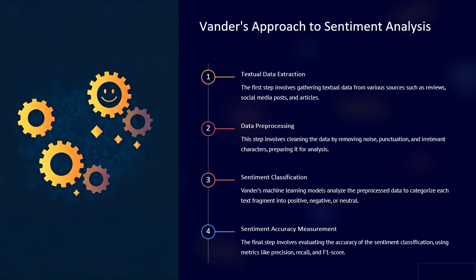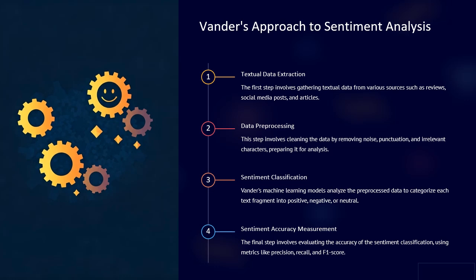Another essential part of data preprocessing is filtering out common words that do not add much meaning to the sentiment, such as and, the, or, of. These words are called stop words and are usually removed because they don't contribute to identifying the sentiment. Additionally, words are often reduced to their root forms through a process known as stemming or lemmatization. For example, words like running, runs, and ran would be reduced to their base form run, which simplifies the analysis and makes the model more efficient.